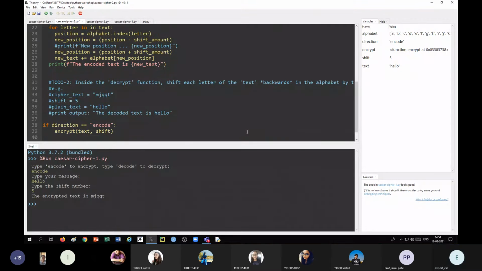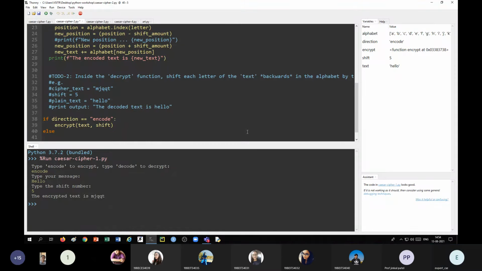Else we have to call the decrypt function, decrypt text comma shift.